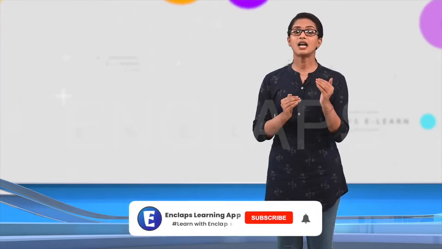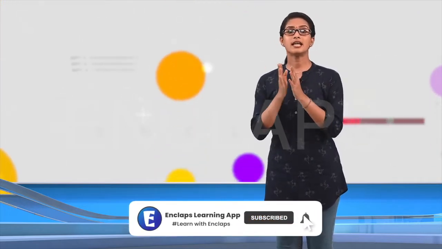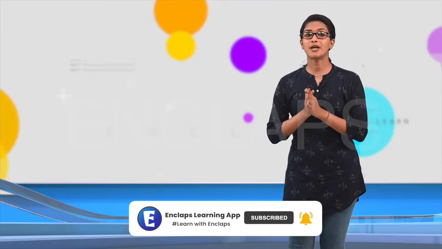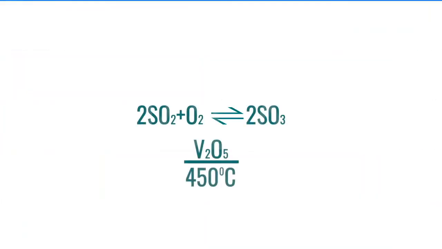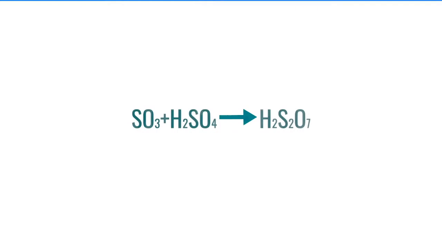The sulfur dioxide thus formed is allowed to combine with oxygen in the presence of vanadium pentoxide as a catalyst and 450 degrees Celsius to produce sulfur trioxide. 2SO2 plus O2 reversibly gives 2SO3. Sulfur trioxide is now dissolved in concentrated sulfuric acid. SO3 plus H2SO4 gives